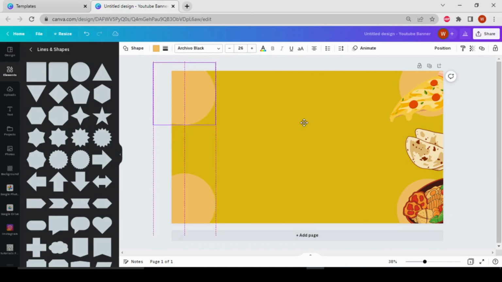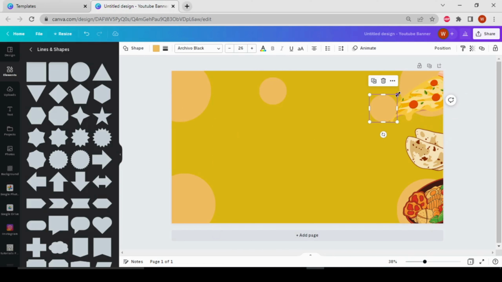Then copy, make it smaller, put it here. Copy, make it smaller, put it here. Copy, make it